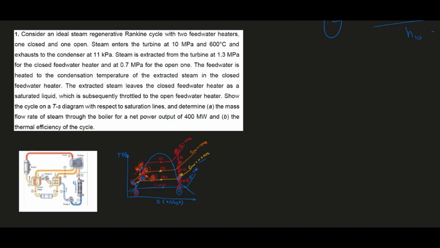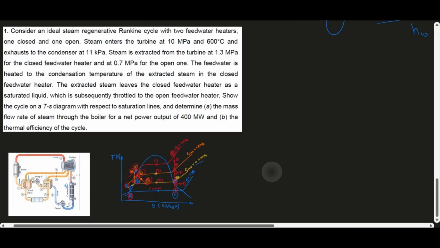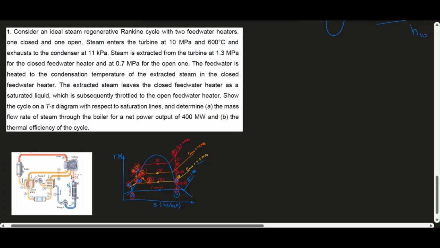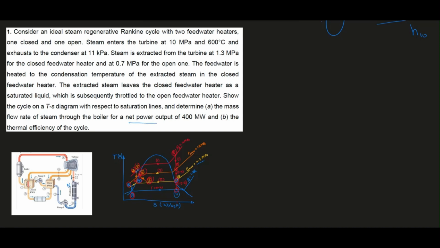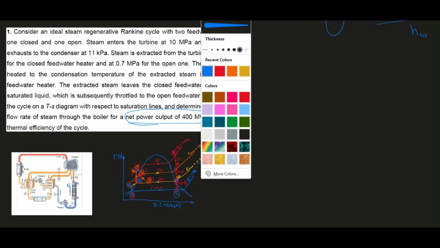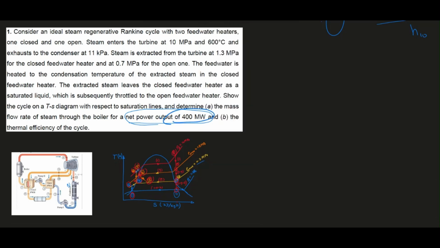Let's get started. So, what are we given? What do we know from the problem? We're given that the net power output of the plant is 400 megawatt. So work net,